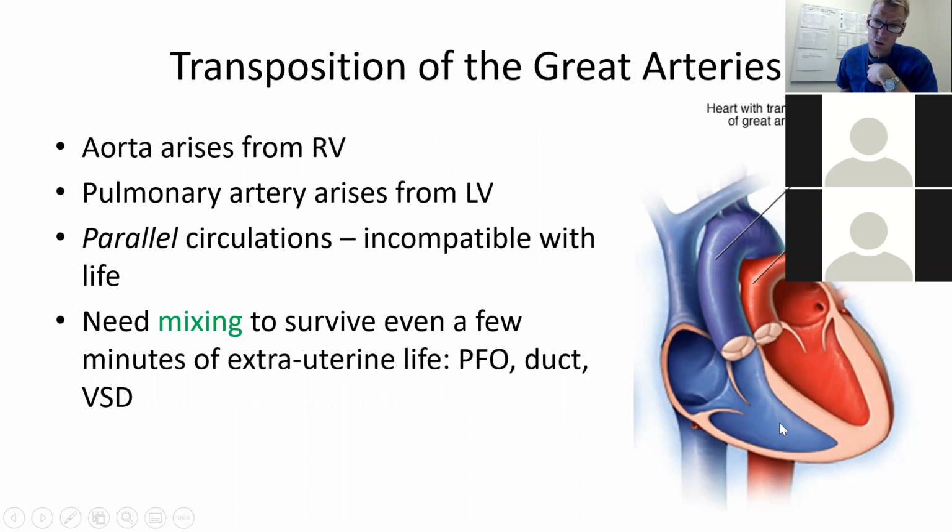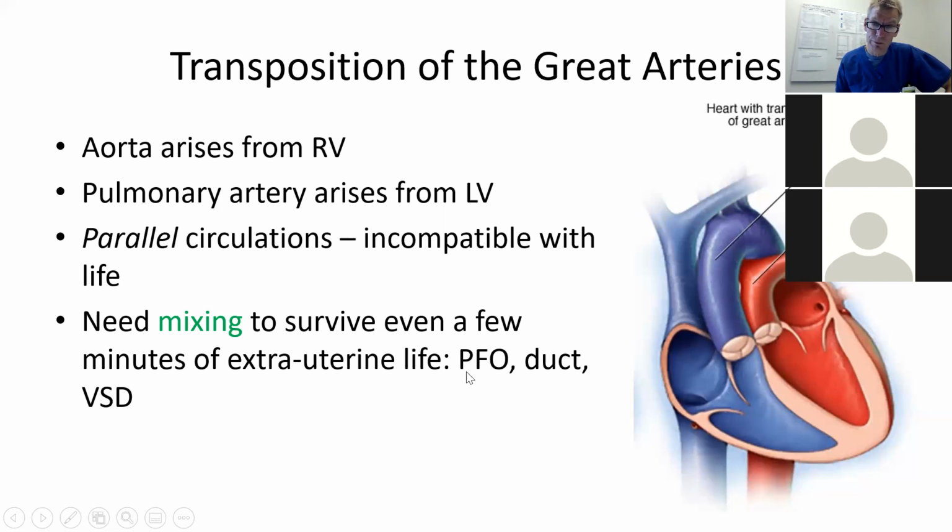And so then you've got some oxygenated blood going to the systemic circulation, and you've got some deoxygenated blood going out to the lungs. All right, and so there's some mixing. But these babies will be deeply cyanosed, and they're usually cyanosed from the time they're born or very soon after that. As I say, they need to survive, they need to have a mechanism of mixing of blood between the left and the right side of the circulation, and that is either a large ventricular septal defect, or if they have a patent ductus arteriosus, that can be a source of